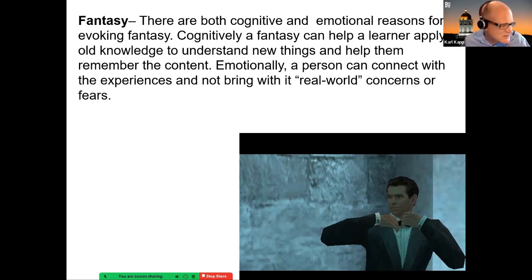There's actually some research that says that children remember fantasy words better than actual words because it takes more cognitive effort to learn a fantasy word, because there's no precedent for it. You have to work really hard to figure out what that word means, right? You can't divine the meaning of the word. You have to figure it out.